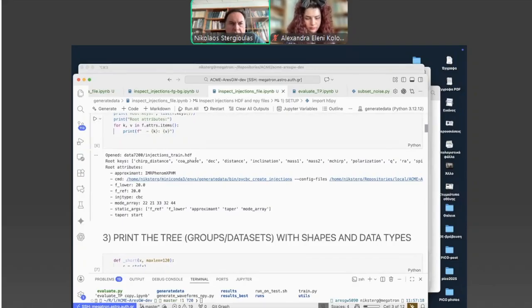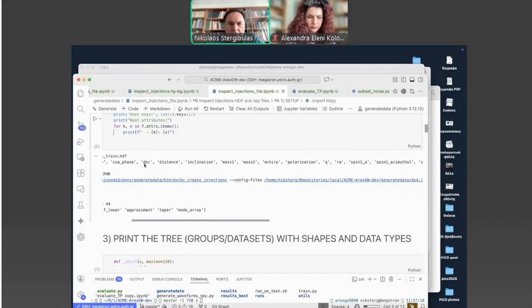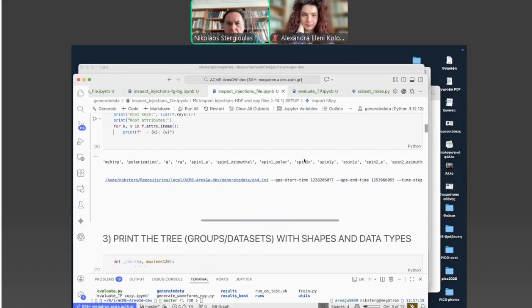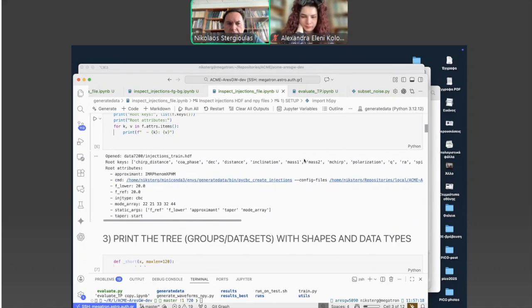Here, these do not contain the full waveforms, but they contain the full specification for generating these waveforms. So you see here the root keys: chirp distance, coalescence phase, declination, distance, inclination, mass 1, mass 2, chirp mass, polarization, and so on. So all these different parameters completely specify a single waveform.